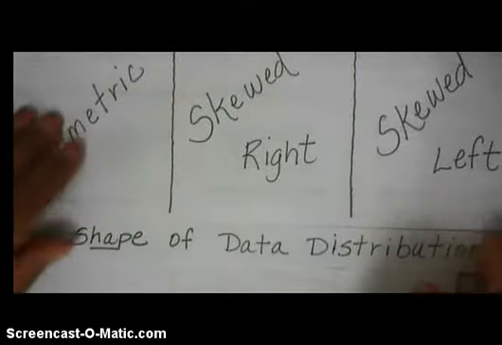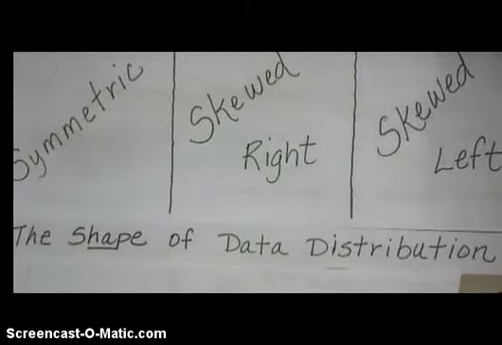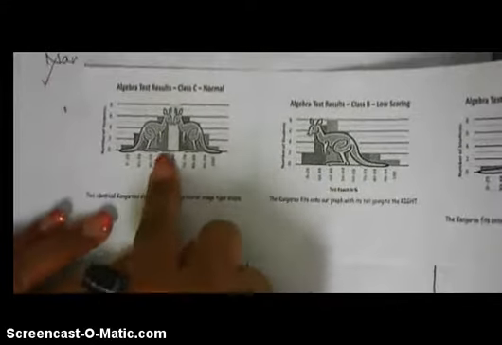I have chosen some examples with a kangaroo, so I am hoping that this is going to help you understand the difference between these descriptions. Okay, the first one we're going to look at is symmetric. You can go ahead and lift your flap, your foldable, and you should be looking at the first pair of